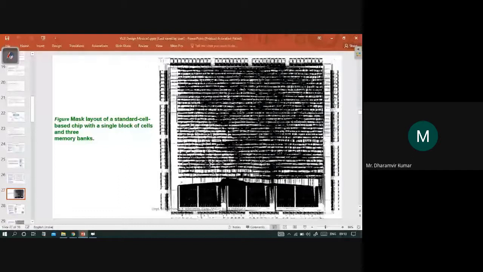And this is the area where standard cells would be placed and routed. These black horizontal lines are the placement of standard cells, and their interconnections are also shown with thin vertical lines like that. And we have the pin placement around this chip on the peripheral side. We have these pins.